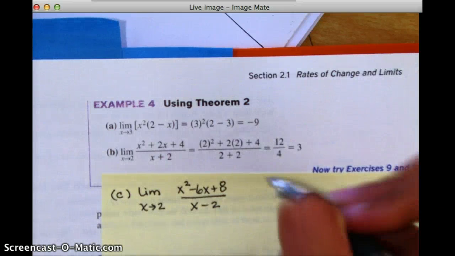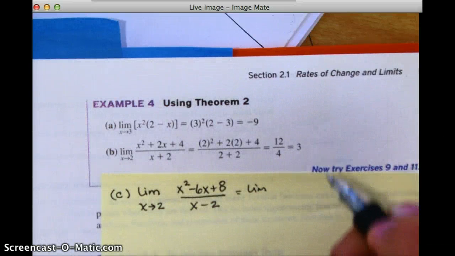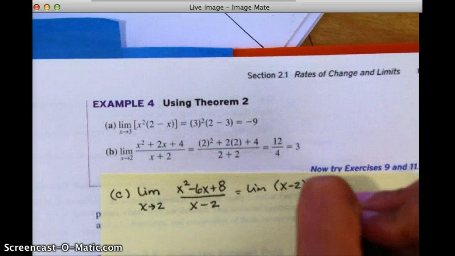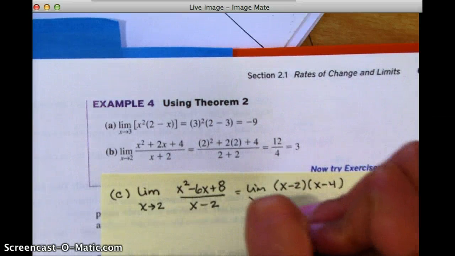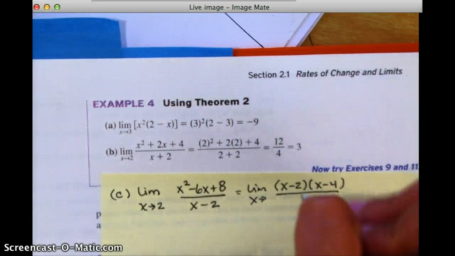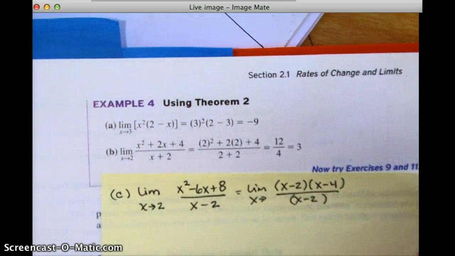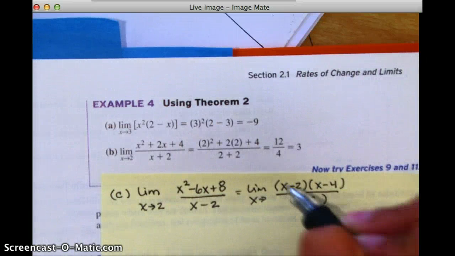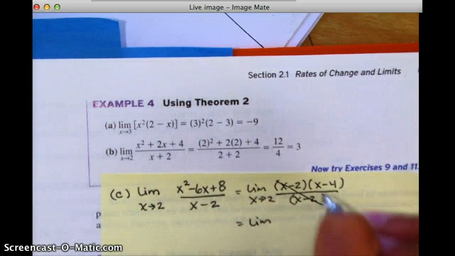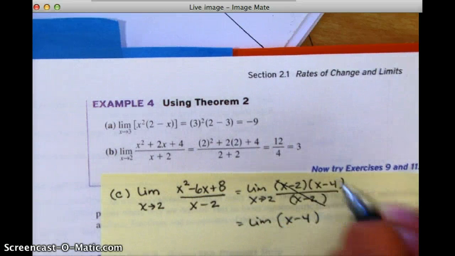But based on today's in-class exercise, I think you'll see that x squared minus 6x plus 8 is the same thing as x minus 2 times x minus 4. And again, I'm just rewriting this function. I haven't changed its value at all. But based on how I rewrote that function, I know that this function is the same thing as just x minus 4 by itself. That's just simple algebra. And now that I have simplified it,